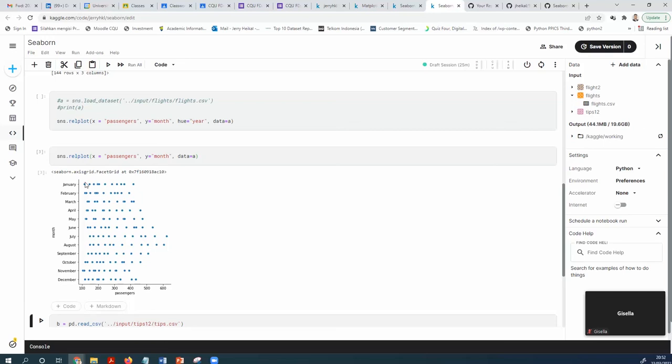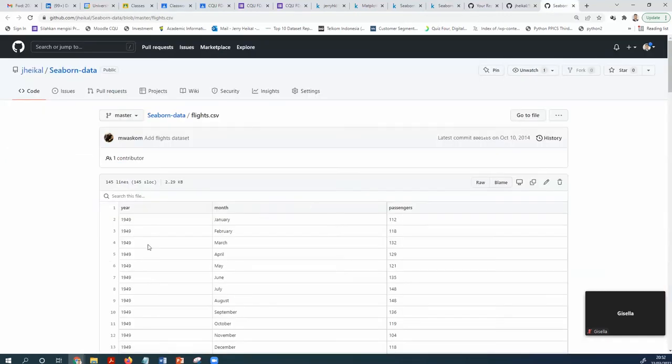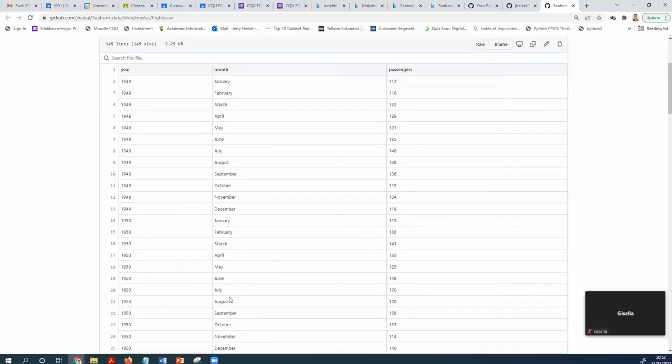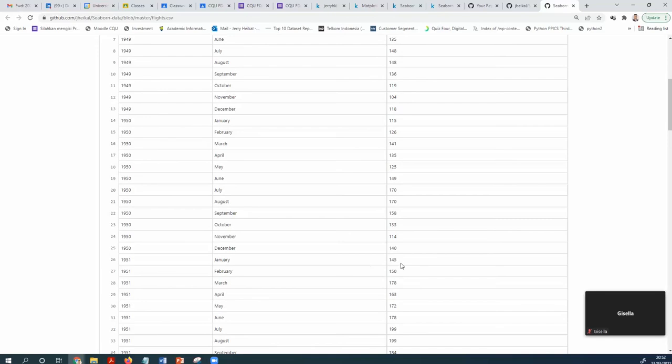This is the number of passengers. Let's see the data here: January 112, and then January 145.